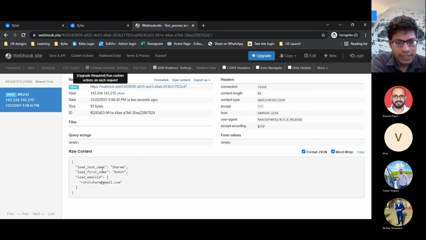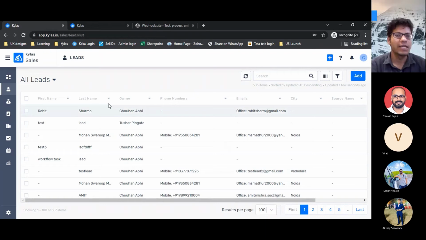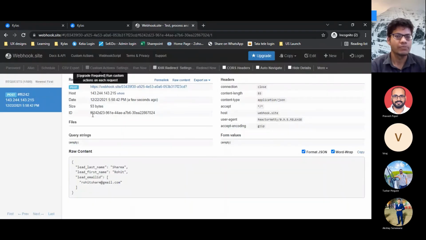Okay, so there is lead last name as Sharma, lead first name as Rohit, and lead email ID which is rohit@gmail.com. So what has exactly happened is we were able to transfer the Kailash data to some other system with the help of webhook, right?